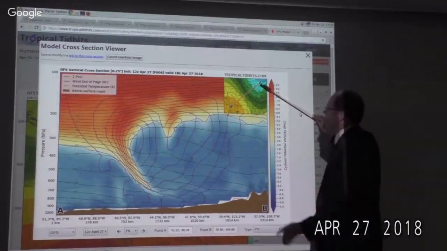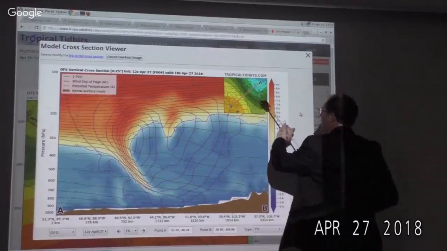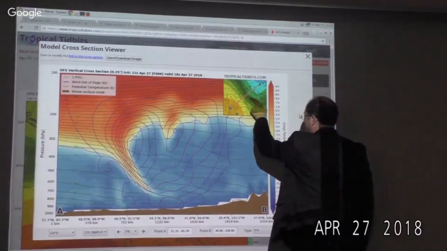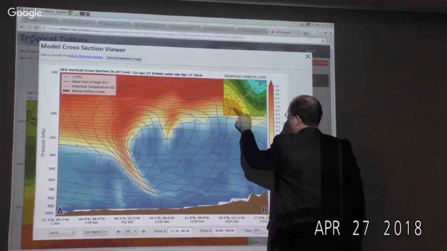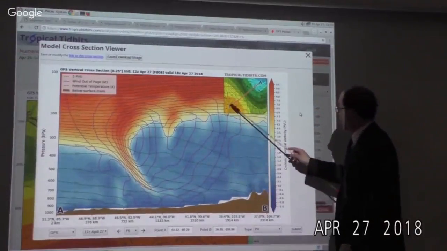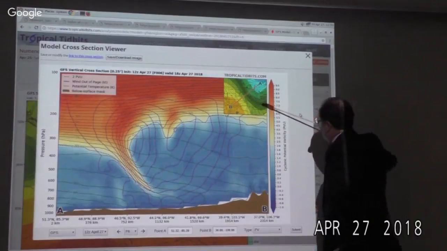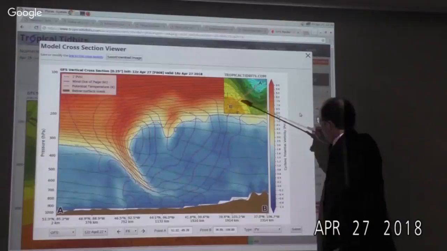So this is valid right about now from a 6-hour forecast made this morning. And so by this time, the cyclone center is near La Crosse, and I've drawn a line from central Ontario down to north central New Mexico. And I've drawn it so it's perpendicular to the geopotential height lines that are shaded here at 500 millibars. And I want to see what that structure looks like. So here's what we have.